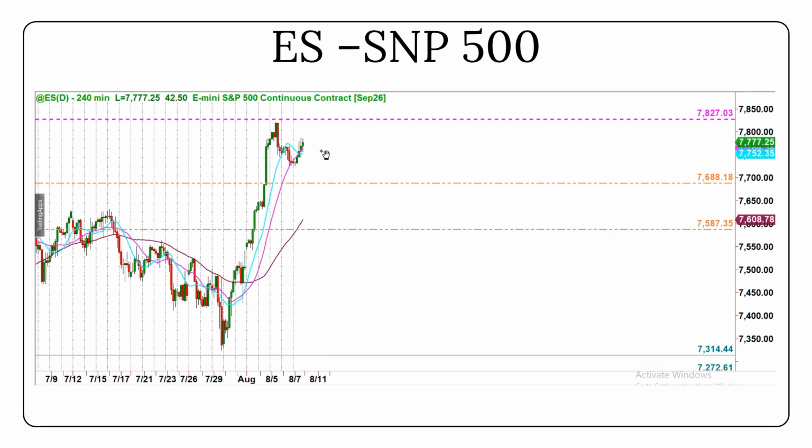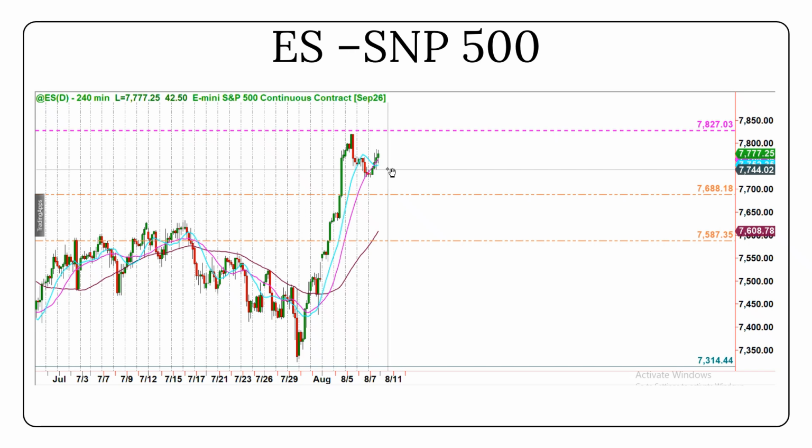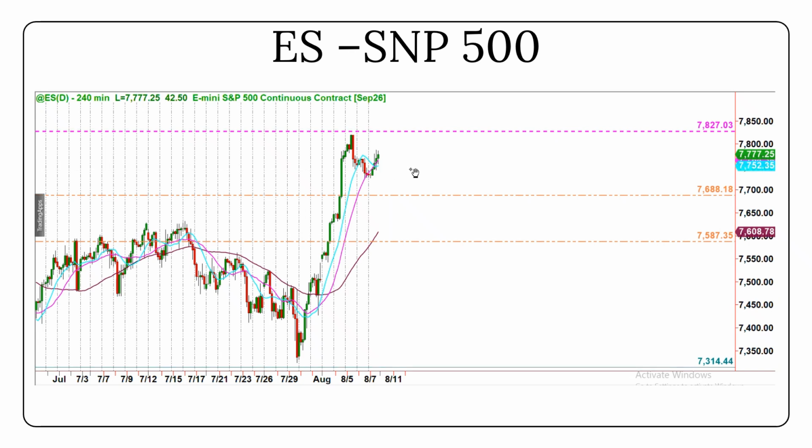In that case, we could be going long at 7771.25 with a stop loss below 7744.02. We are now looking at the 240-minute chart, but we could also look at the 60-minute chart to